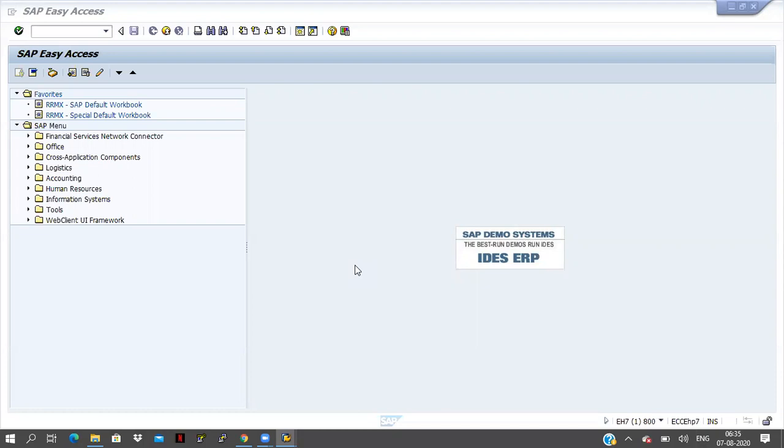Today's concept is the FOR ALL ENTRIES concept. We don't use joins most of the time. In real time we go for FOR ALL ENTRIES.